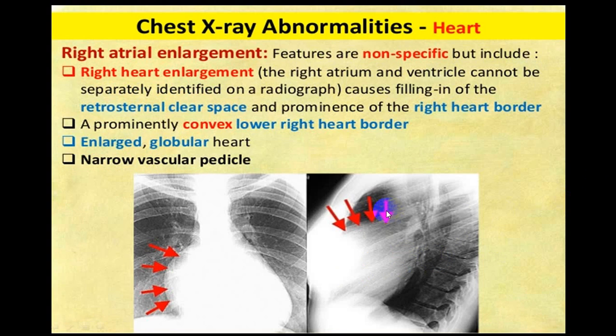You can see here, this is a retrocardiac area, and this is filled up. You can see this border is enlarged. So this is right atrium, and I don't have any extension here. So this is right atrium, this is right ventricle border. This is LV border, but part of the right ventricle is making this a little enlarged. So this is right atrial enlargement with RV.